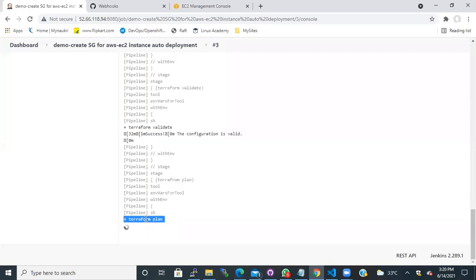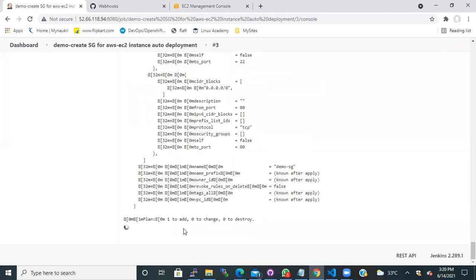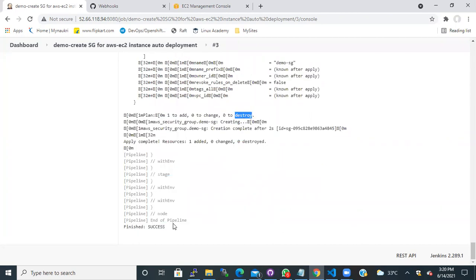It is performing plan now, and then it will move to the next stage after plan. You see the plan has happened, and there is one thing that we are adding, right? And then it is applying those changes. There is one added, 0 changed and 0 destroyed. We are not destroying anything. So my job is success.